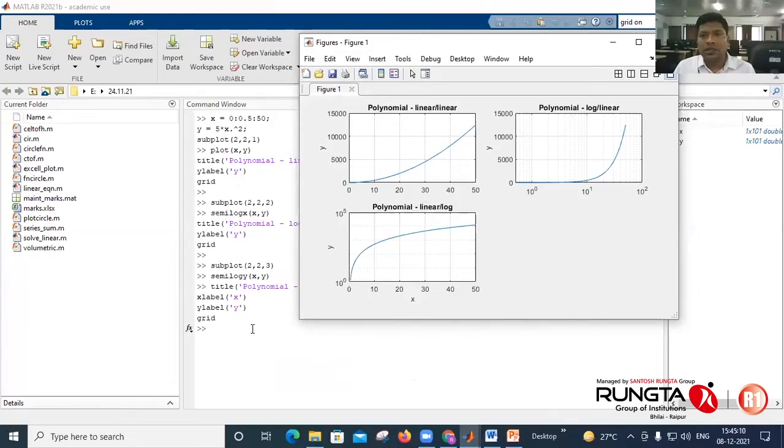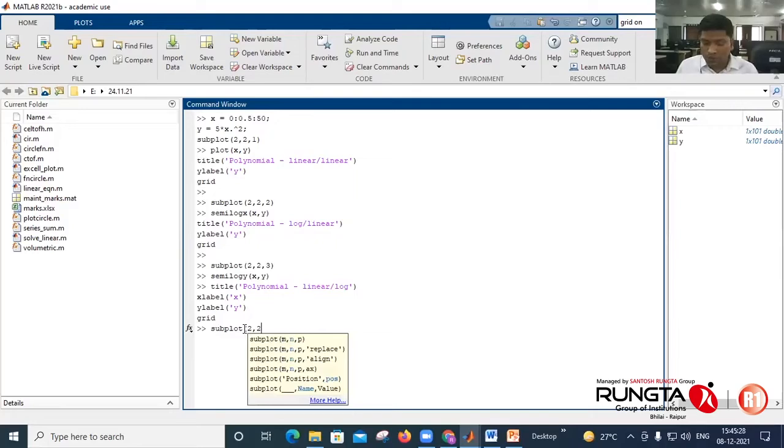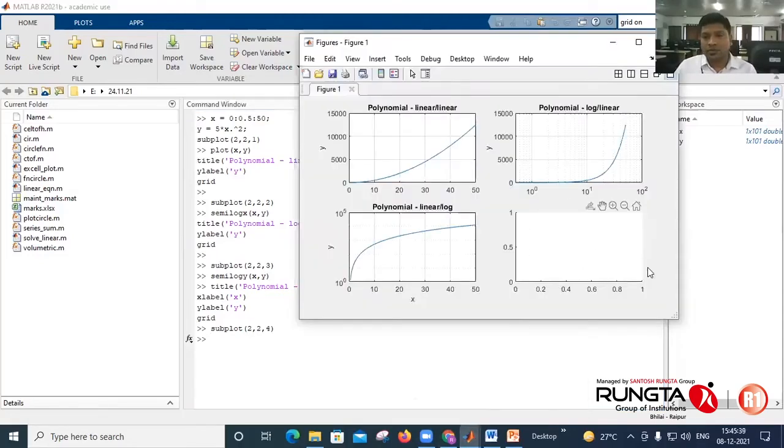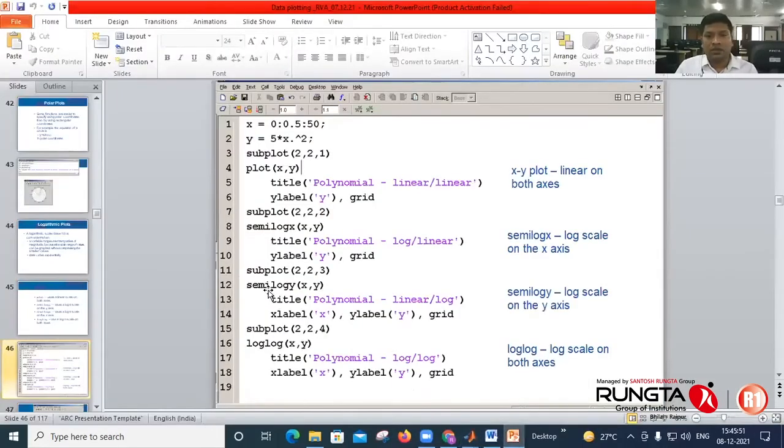And last one is log, that is log scale on x-axis and log scale on y-axis. So again, specifying next location, subplot 2, 2, fourth location. So in the figure, it will activate the fourth. Okay, and here you can use log. Okay, next option, Semilog Y is done.